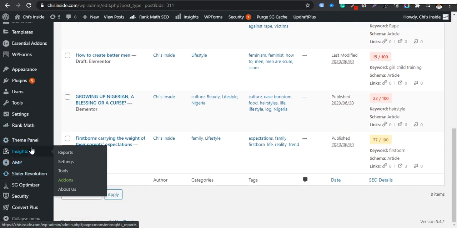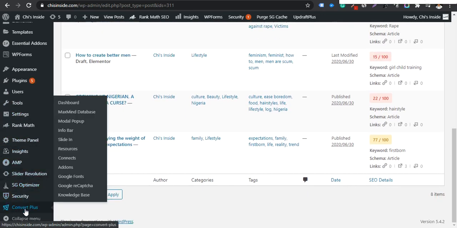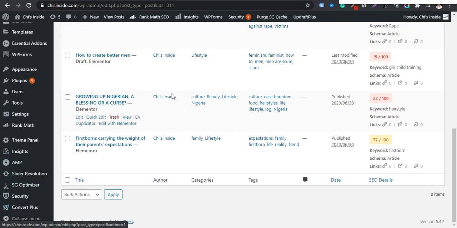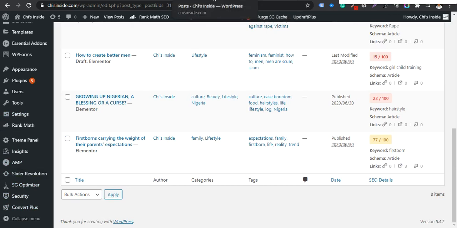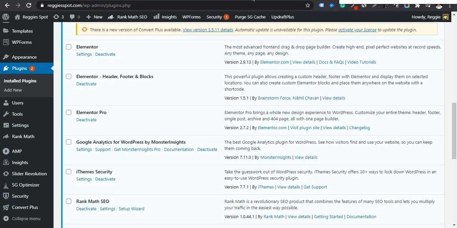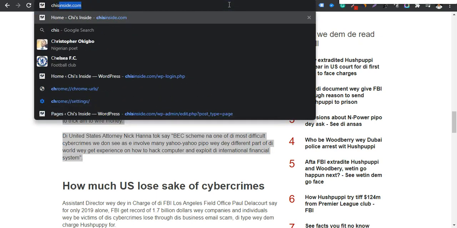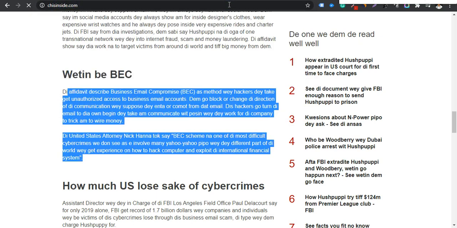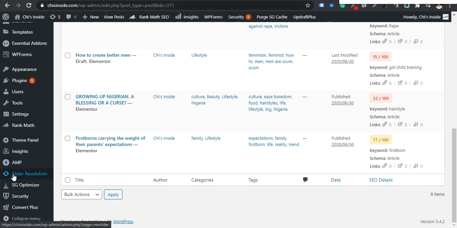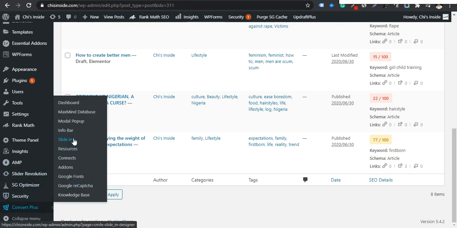Another thing is, I used Convert Plus as a tool to help get this pop-up that appears in the website. Let me just show you. I think it will no longer appear, sorry, because I'm an admin. So this is the pop-up that comes up that tells you to sign up. That's the sign-in